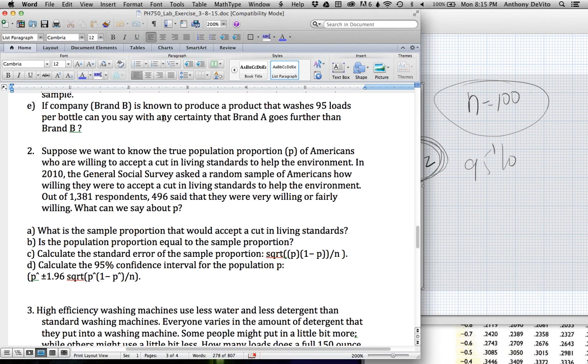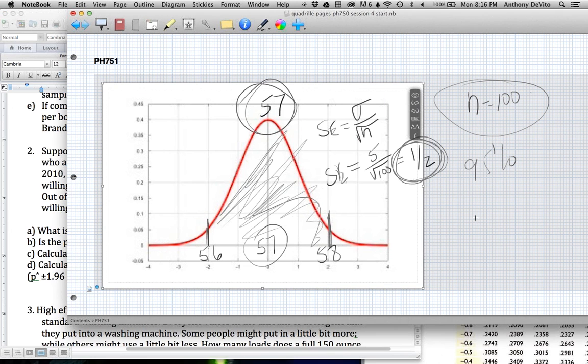Let me rephrase this part B, because I want to try and avoid the use of the word confidence interval, since we're really going to get into that next week. It wouldn't hurt to get a little bit of a preview. If a company is known to produce a product that washes 95 loads per bottle, this is going to be an obvious one. If a company knows the population average of all their bottles is 95 loads per bottle, can you say that